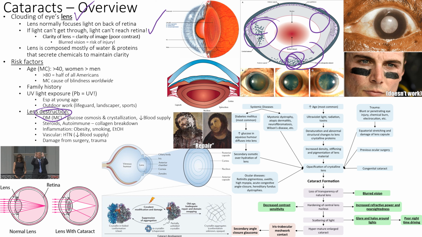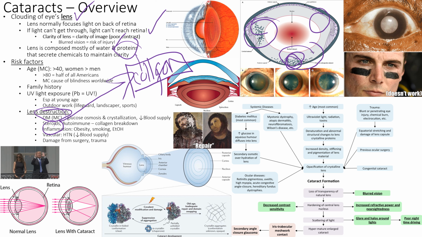The lens is composed mostly of water and proteins. What protein? Collagen. So people with steroid use are going to start breaking down the collagen, and whenever your body breaks something down and tries to rebuild it, it's like, I know exactly how that looked beforehand. No problem. Say no more. And it does not look anything like it. Like they paid this art restorationist to redo Jesus, and he said, I know exactly what Jesus looks like. Say no more. This really happened. So the guy walked away with a whole bunch of money.